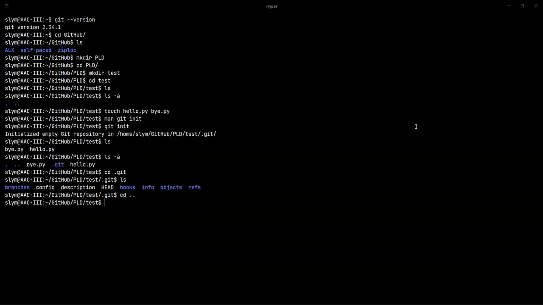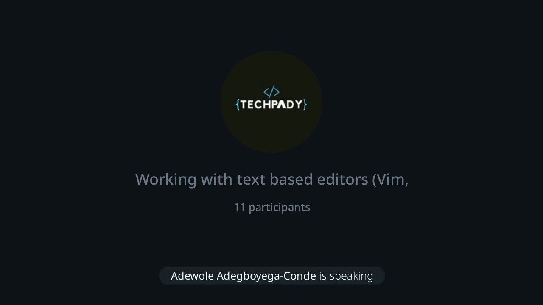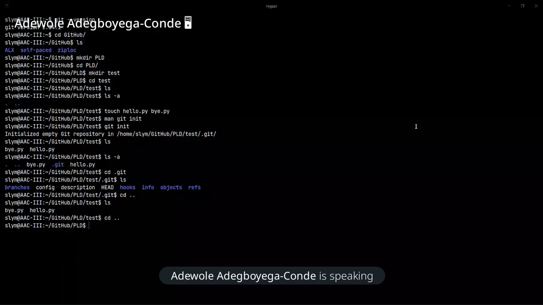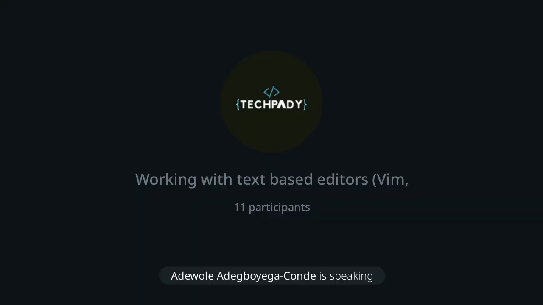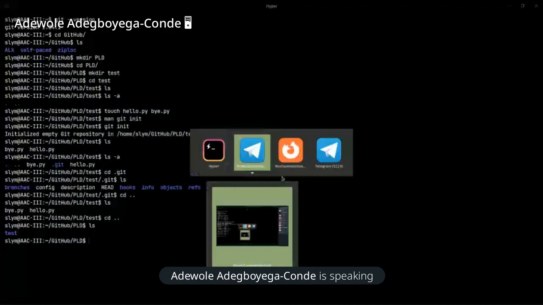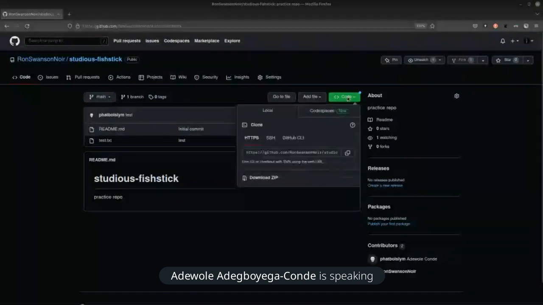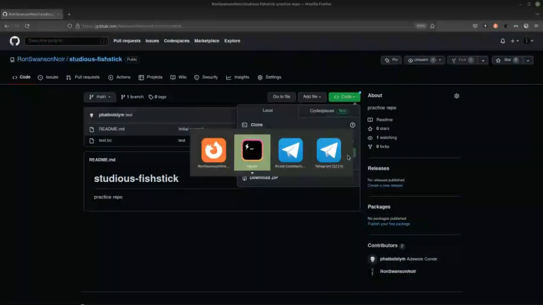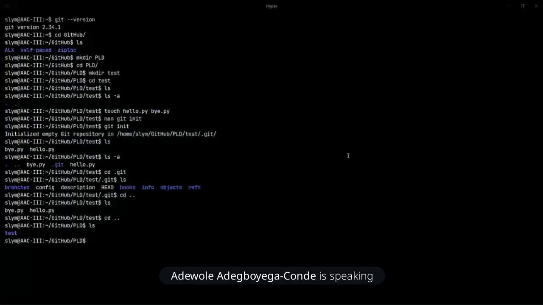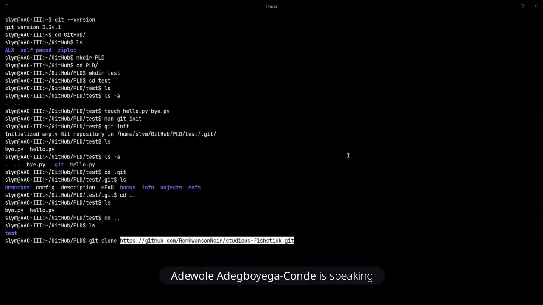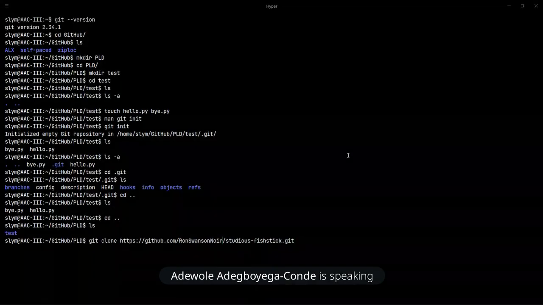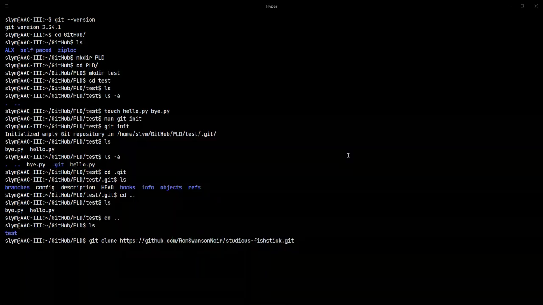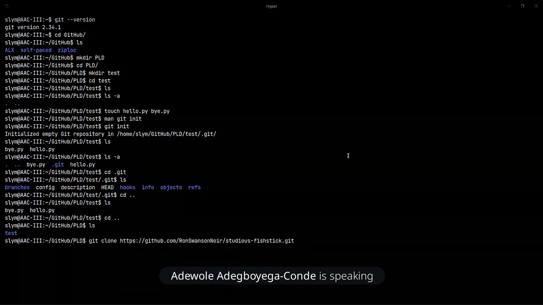In this case, let me just cd here, period. In this case, I want to go to GitHub and get a repo, right? Say I want to copy this. So I come here, I say git clone, and I paste this address, this string I got from GitHub, right? So yeah, I could clone this way. I would get any files that were in GitHub, I would copy them to my local machine in a repo,